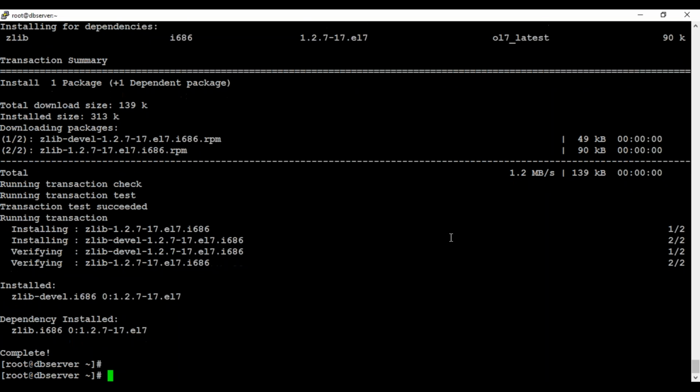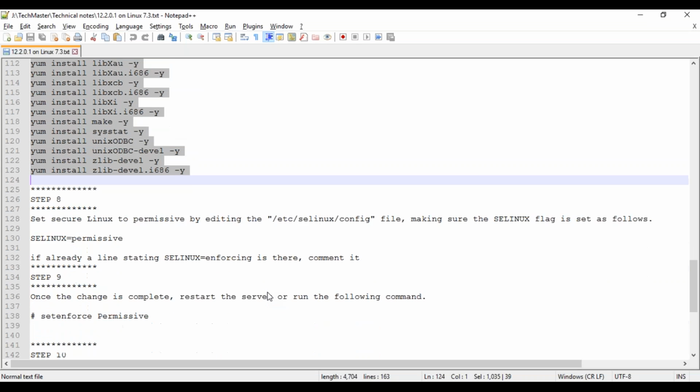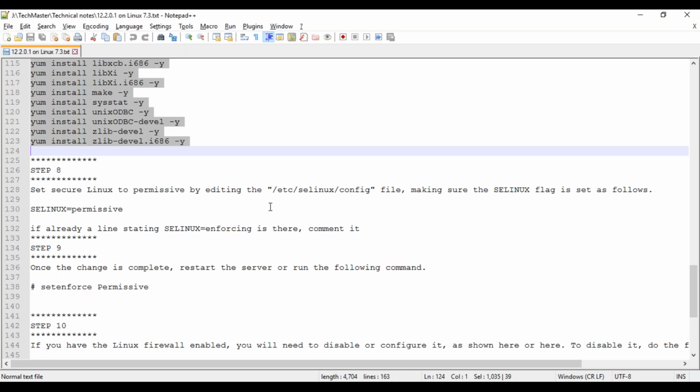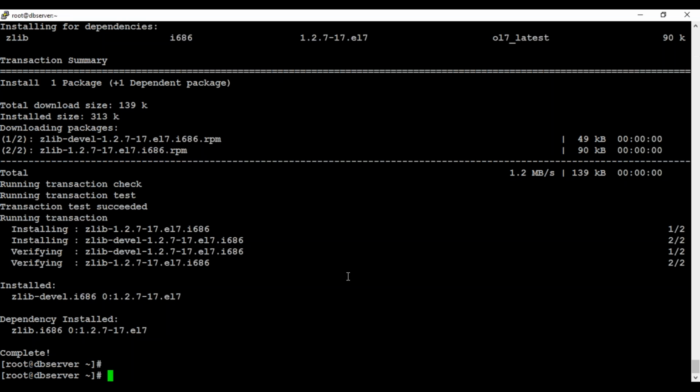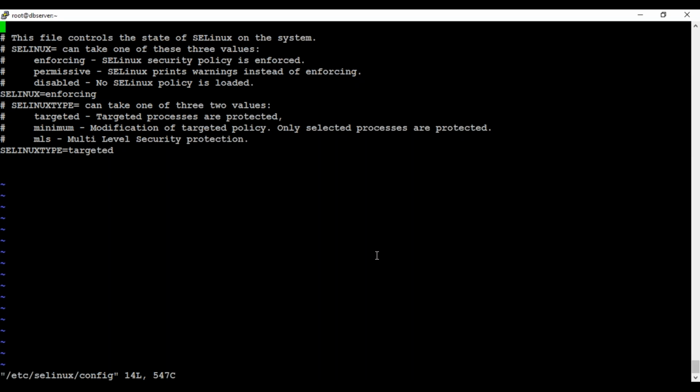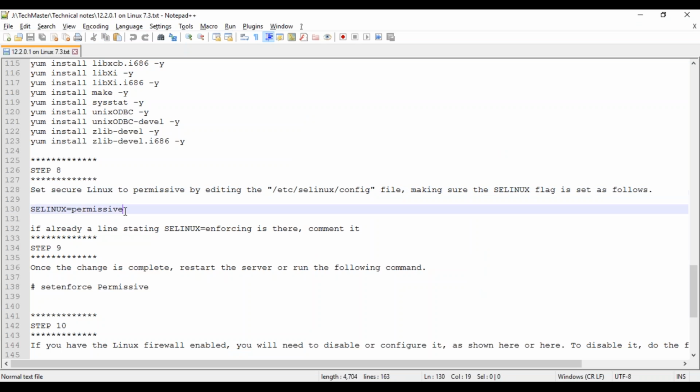Okay, so now that the installation of these packages has been completed, we need to proceed with the next step, that is setting the permissive mode in this particular file. So we can go to the end and put down this line: SELINUX=permissive,